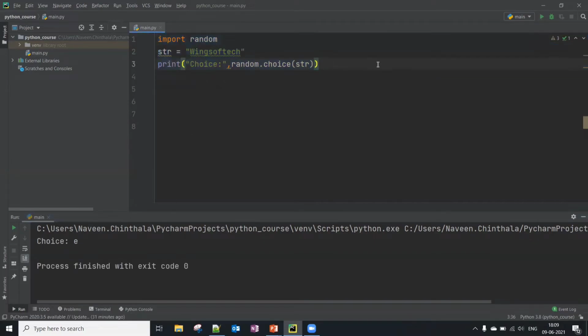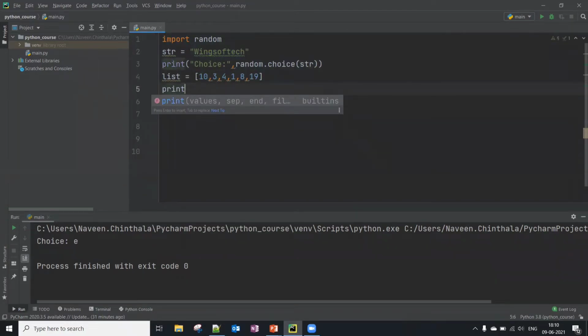Okay, and let's say we have one list. Of course, we are going to discuss this list data type in the next chapter. Just for the sake of this example, I'm taking one list. Lists are generally enclosed by these square brackets. Let's say we have 6 items in that list.